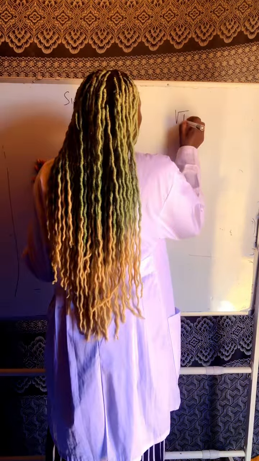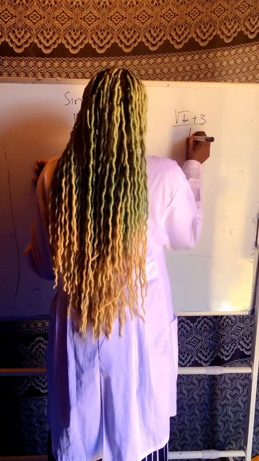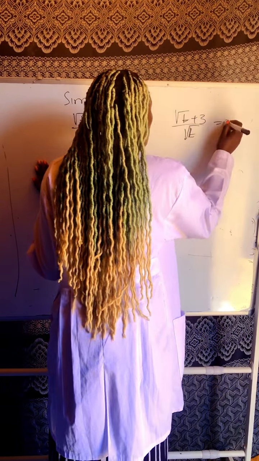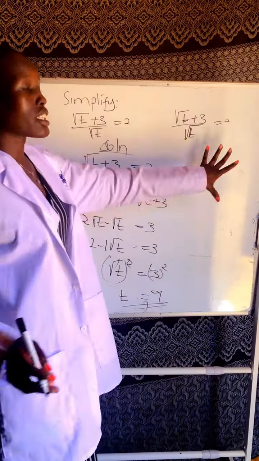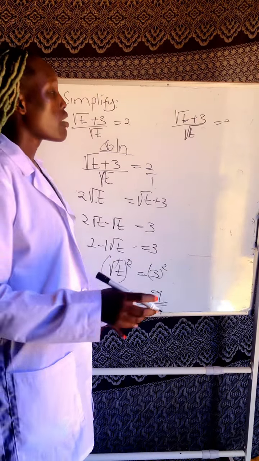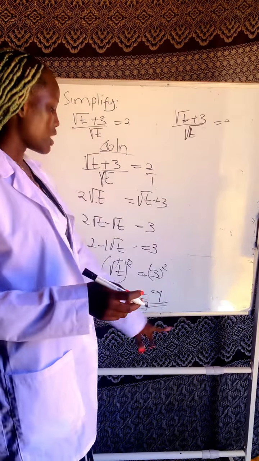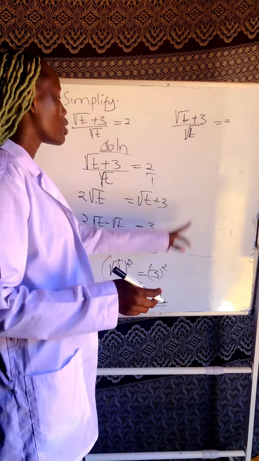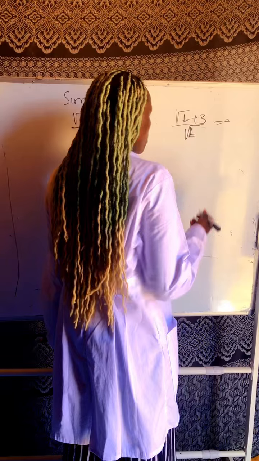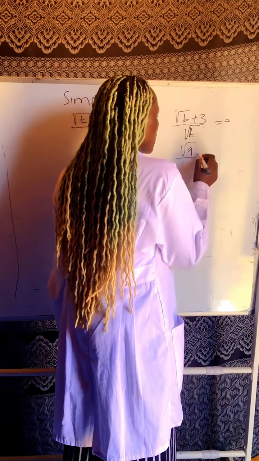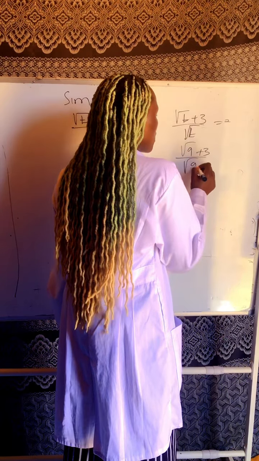So here we have (root of t plus 3) out of root of t is equal to 2. The answer you'll get here should be the same as that one. It means our answer is right. But when we don't get this same 2 here, it means our answer is wrong. So we substitute 9 where there is t. Here we'll have (root of 9 plus 3) out of root of 9 is equal to